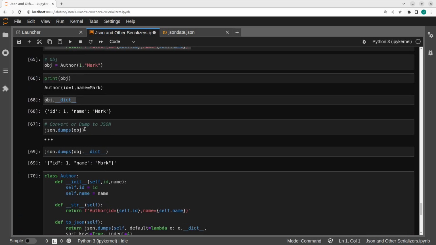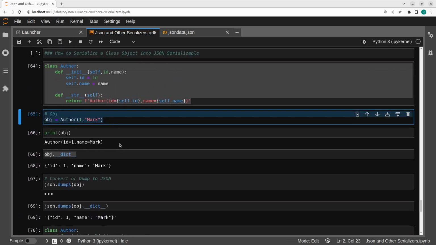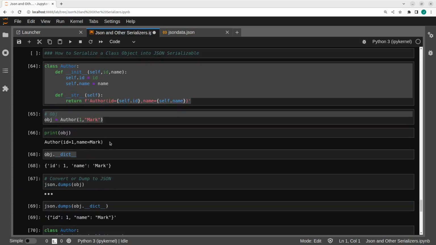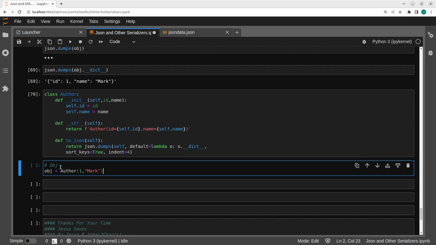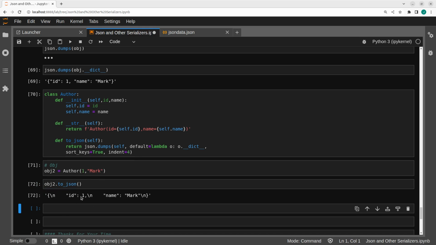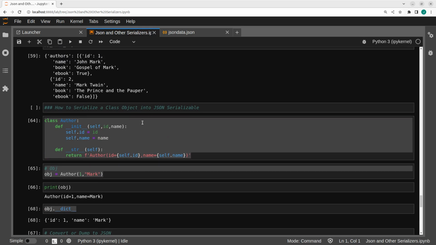So now I can take back this object that we created. Let's go to object number 2, not this one, but the other one. I'll copy this, and then let's create another one. So 2. And now I can say, okay, object 2 dot toJSON, right? This is a method, and now it has serialized it perfectly well. So that is how to serialize a class in Python,